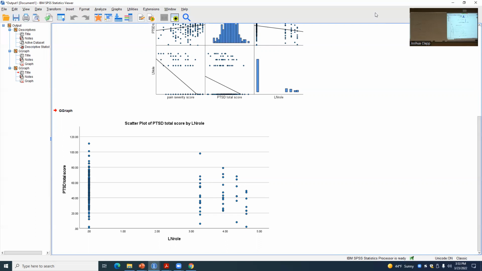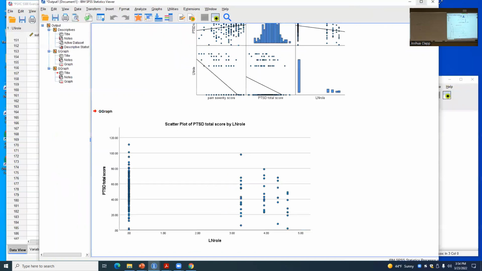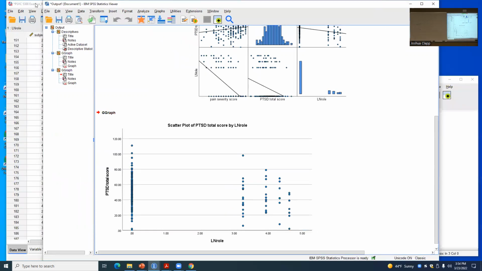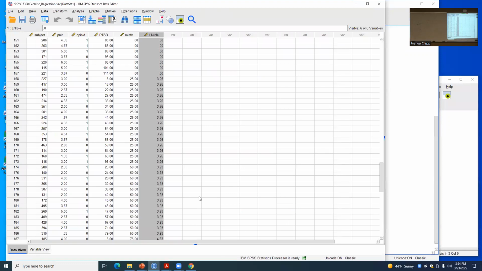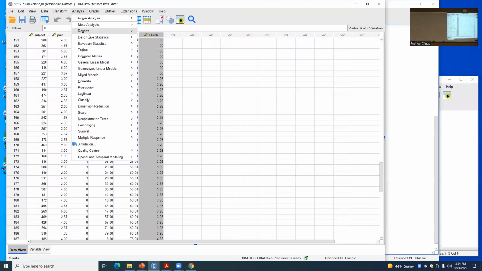Okay, so what we've done: we've looked at plausibility, missingness, univariate distributions, and extreme values. We've looked at linearity and homoscedasticity in our bivariate plots. Now we need to jump in and start taking a look at our residuals. So we're going to go through and analyze